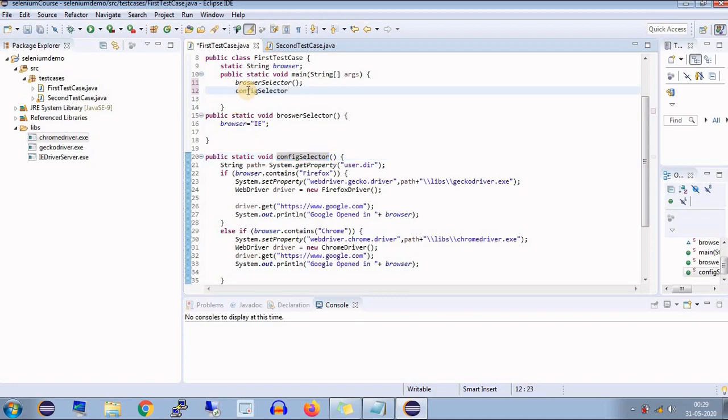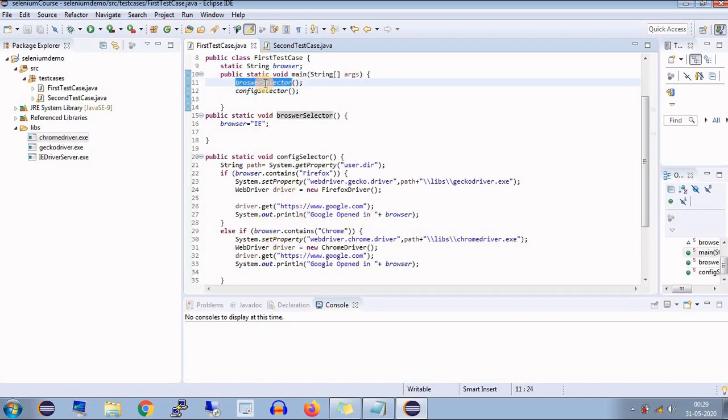If we change the sequence, this execution will not go in proper function. So we have to select the sequence very properly. Okay, so now we are done with this complete code for modular execution on three different browsers.